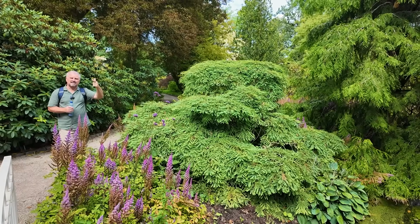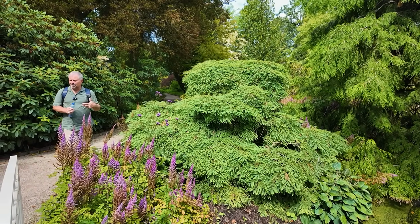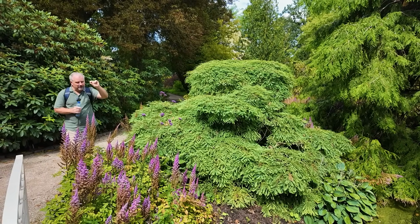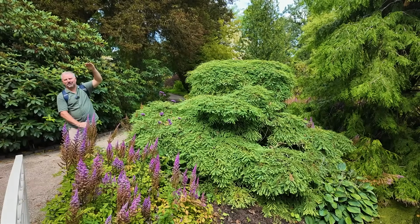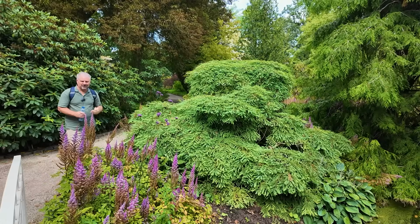We saw some Nandinas out front. There are crepe myrtles here. So some of those crossover things. They're this close to being able to grow all the things we can grow, but they're this close to being able to grow some of the northern things that we would really like to grow. So, you know, there's